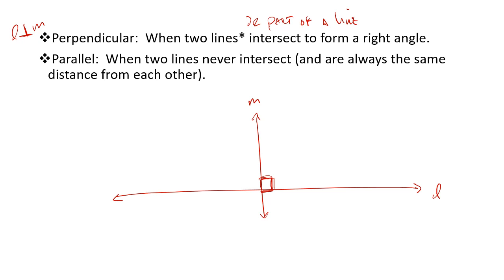I could also do a line over here and make this line N, and it's also going to be perpendicular to L. Now the result of this is that M and N are never going to be able to intersect. They're like railroad tracks running next to each other, so they're never going to be able to hit. And when this is the case, we call those parallel. And the symbol for this is two lines that are parallel. So the symbol for perpendicular is two little line segments that are perpendicular. The symbol for parallel is two little line segments that are parallel to each other.